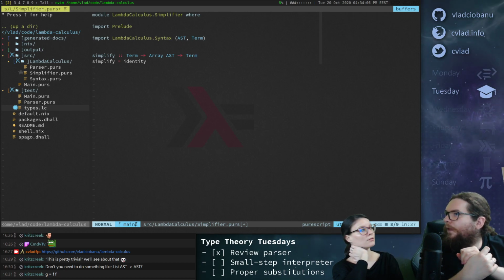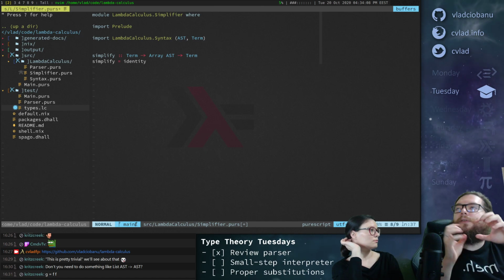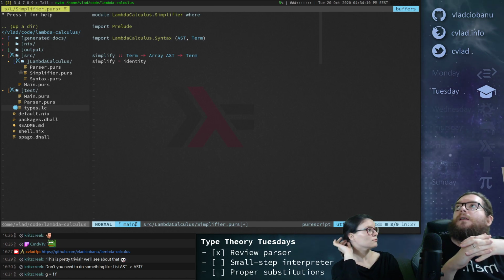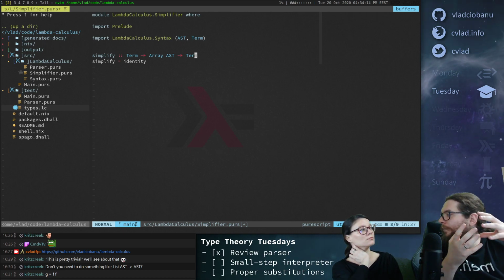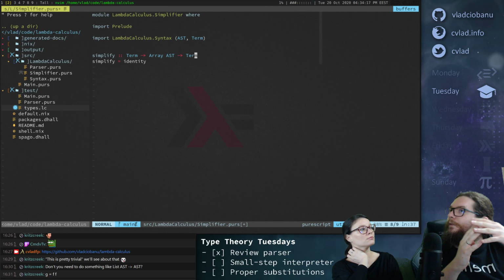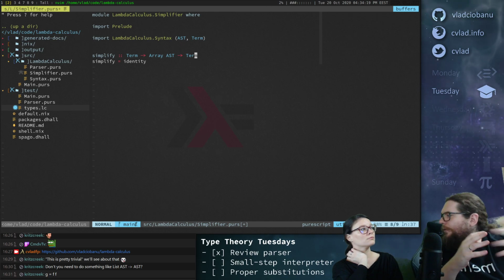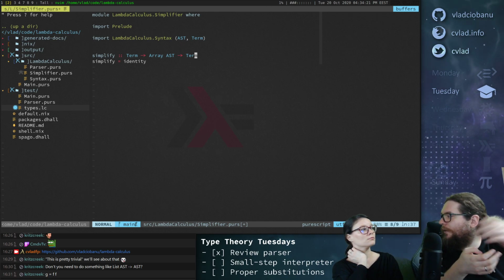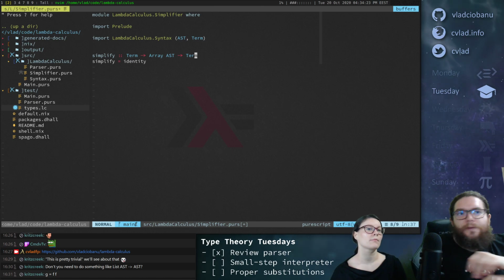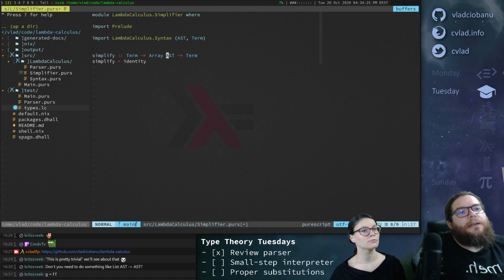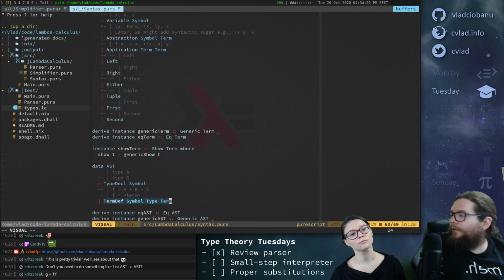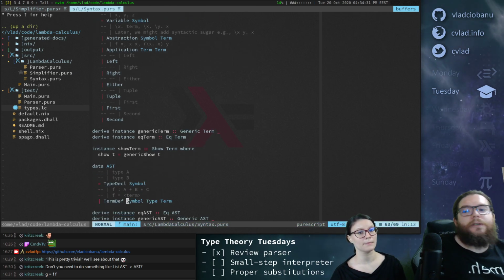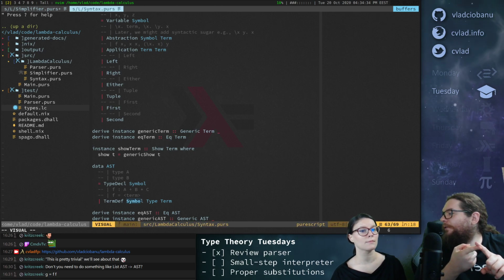Okay, let's see. And the thing you're currently simplifying, you don't need to know, since we're not doing recursion, we don't need to know its name, right? Well, we might need to know its type, probably. No, we don't. We don't care about its type because we're not type checking, right? So what can we do? We can simplify only a term definition, correct? Yep. And if we were doing recursion, we'd need to know its name, to know if it calls itself.